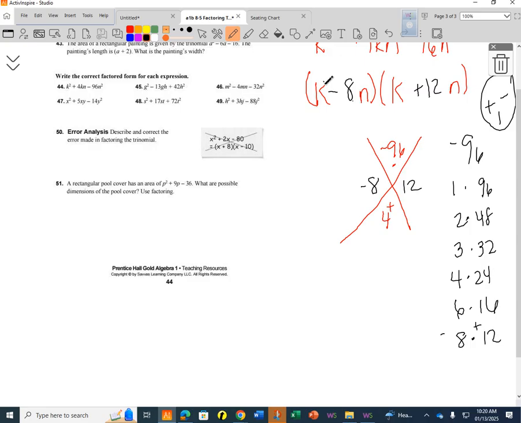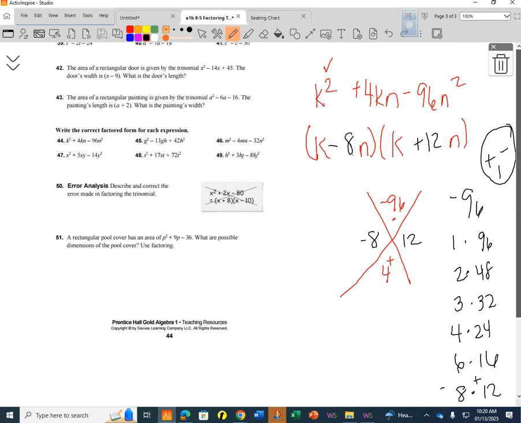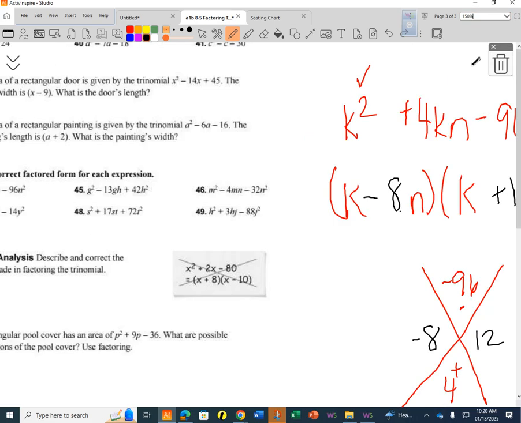Oh, I know what. Isn't there one about a rectangular door? Let's do that one together. What number is that one? 42? All right, let's do 42 together. 42 says,